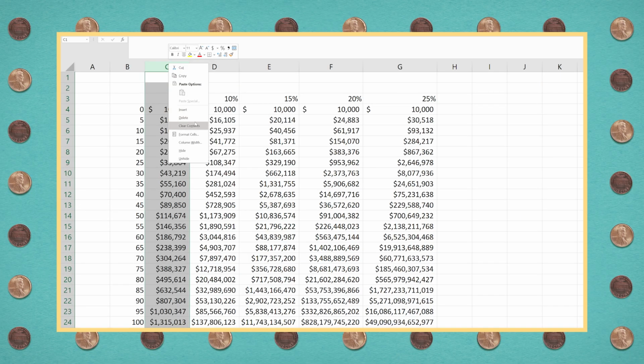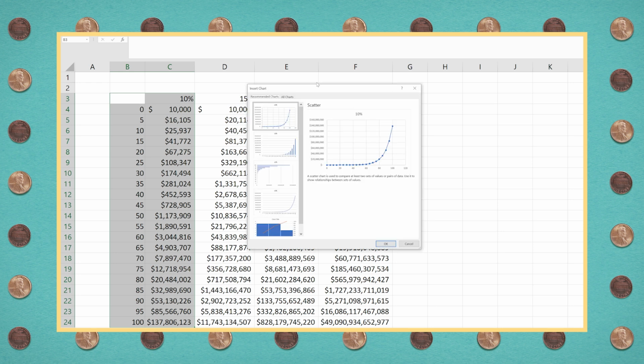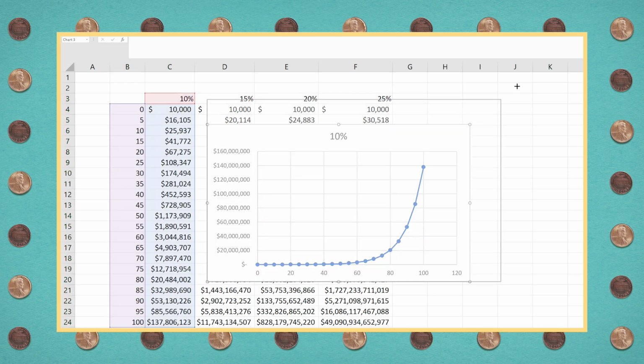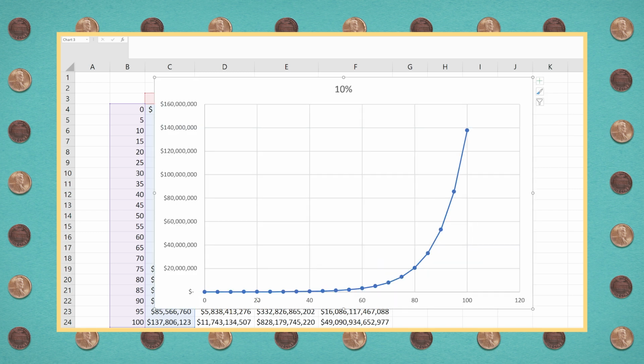Let's look at this visually so we can get another picture of how this growth occurs. We can look at maybe just the 10% growth. So we'll highlight those cells, go to Insert, Recommended Charts, and it chooses one typically that works, not always, but in this case, we have a great picture of what this looks like. So we can see that the growth starts out to look small, though if we were to zoom in, you would get this same basic exponential curve. We can see here out as time moves on, it starts to grow faster and faster.